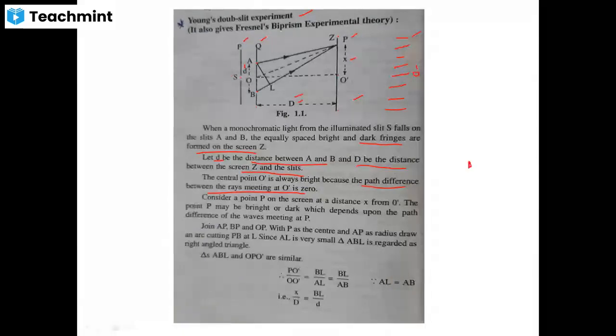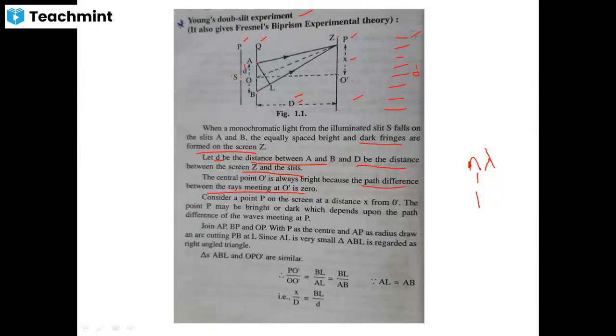So therefore, they always undergo constructive interference. What is the condition for constructive interference? n lambda. So in this case, what is n? It is going to be 1. So all of them are going to have the same phase. Therefore, we always get a bright band formed here. Then we get dark, bright, dark, bright bands on this side, and dark, bright bands on this side.